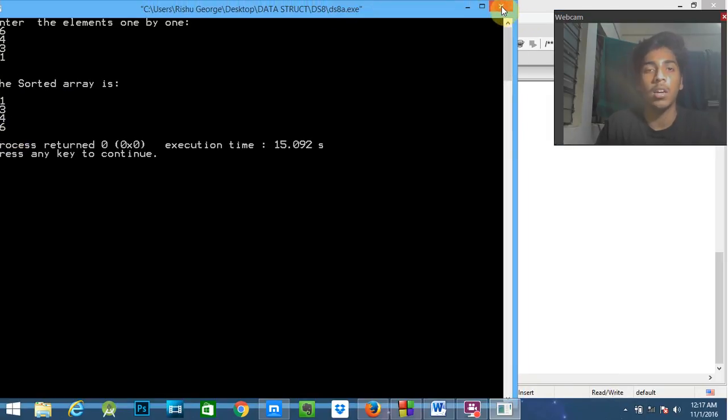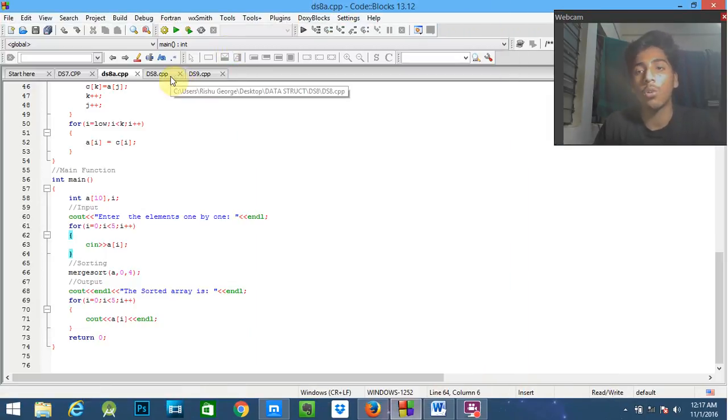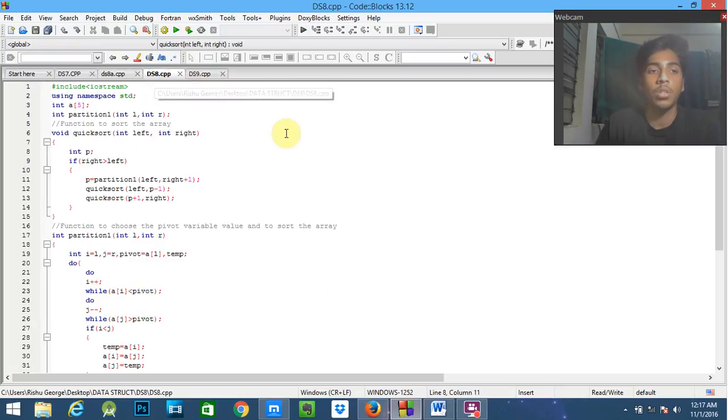That's it. And let's see the code for the quicksort. So in quicksort, what we are doing is basically that we take a pivot point, that is the rightmost element, and through this rightmost element we divide it into two parts, that is the left and right. In the left part we see whether all the elements are lesser than the pivot, and in the right part all the elements should be greater than the pivot.